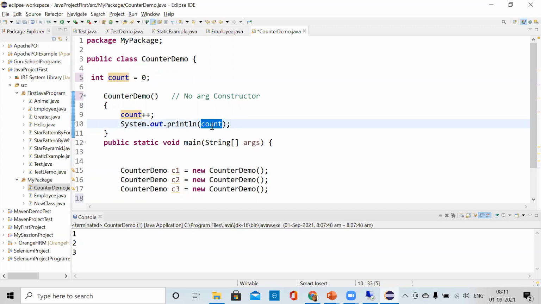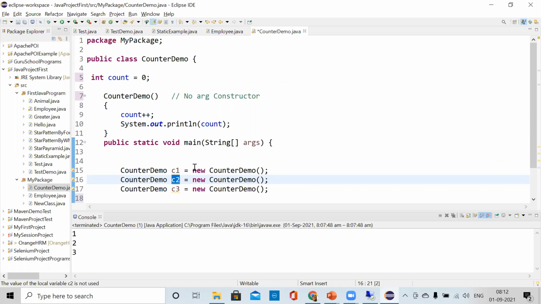The counter value is now 1, so it is printing 1. Then when you call the second constructor C2, again the value of counter is 0. It will not store the 1 value. The value is now vanished, and again it will be 0, and you are doing the same thing in all these 3 constructors.